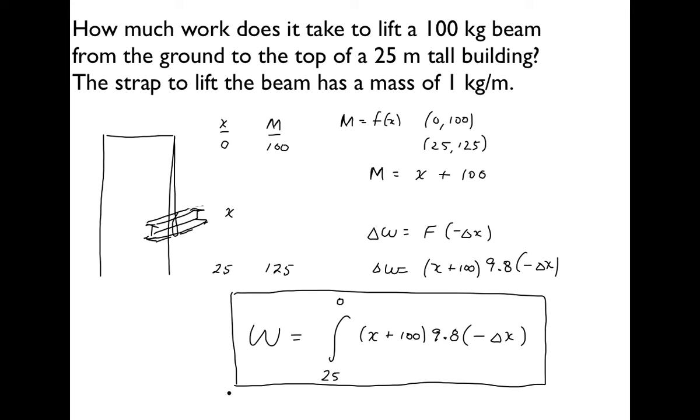Would we get it right on the test if we just decided to call x positive and do it 0 to 25? Or do you want it to be negative dx? Well, if I specified the frame of reference,